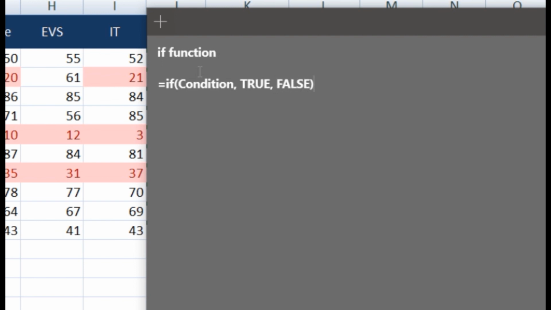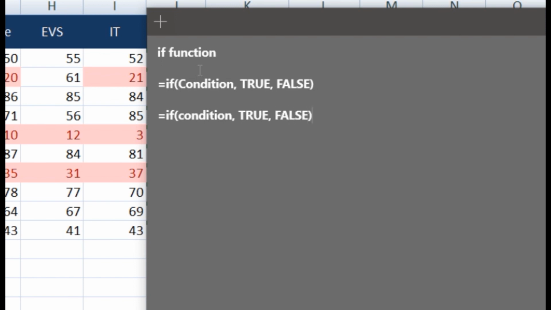So in these 3 parts, first of all, you're writing the condition. If that condition is satisfied, only the true part will be shown in the Excel. But suppose if that condition is not satisfied, then